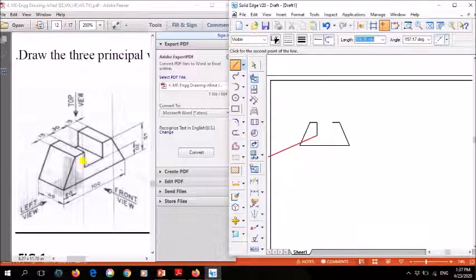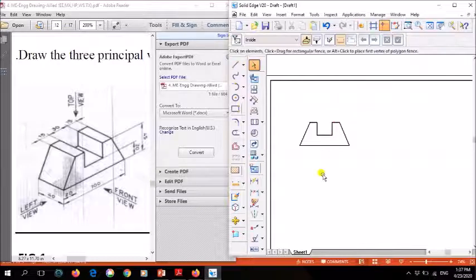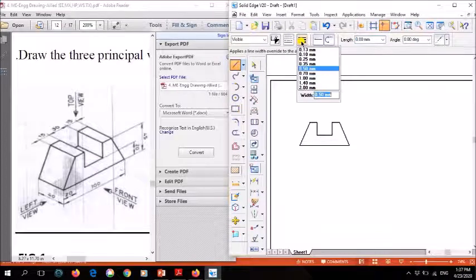Now I am at this point, you can see on the left side. From here I need to draw a line of how much? 30 mm. This is the width of that cut, 30 mm. Draw 30 mm to the right side, and again join it upwards. So this is your front view. Whatever front view is visible, that is what I have drawn here. Clear? Now take a pencil.